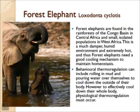Forest elephants are ancestors to the more familiar savanna elephants of East and Southern Africa, but are distinct species with unique DNA. They are the only elephant left on Earth whose population is still mostly intact. Forest elephants are found in the rainforests of the Congo Basin in Central Africa and small, isolated populations in West Africa. This is a much damper, humid environment and extremely hot, and thus forest elephants need a good cooling mechanism